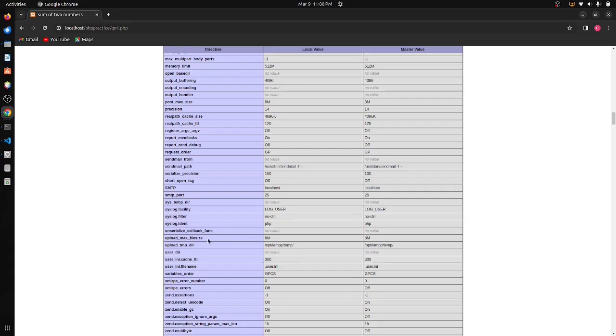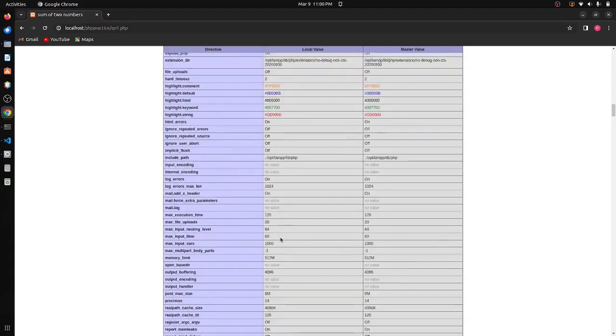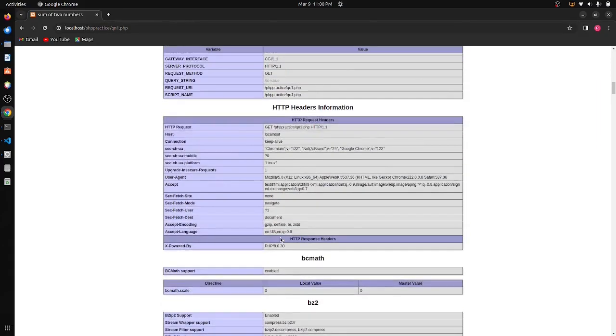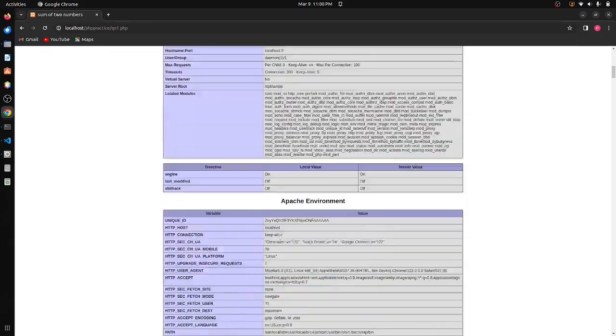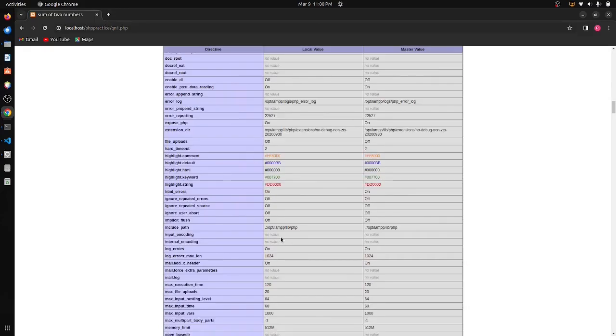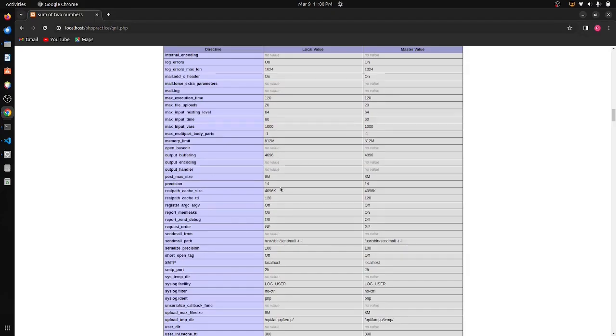Another, there is upload max file size, 8 MB. Because these two are very small in size, that's why your video or picture are not getting uploaded. So to increase the size,